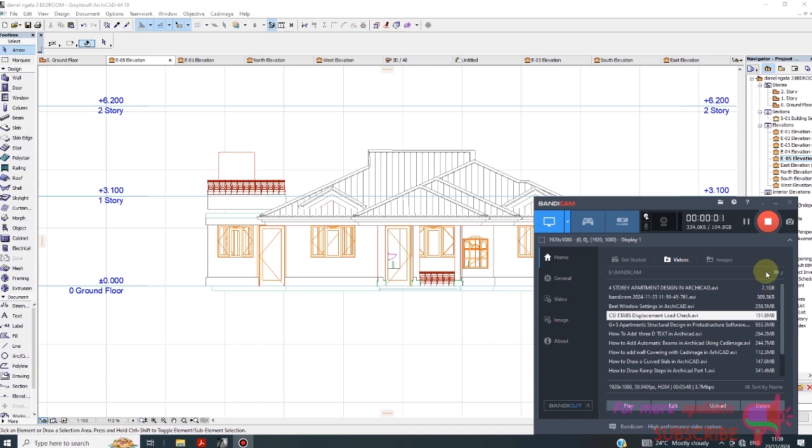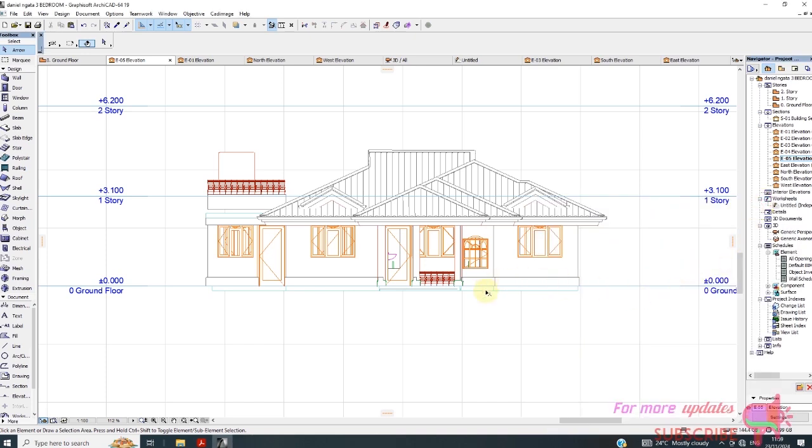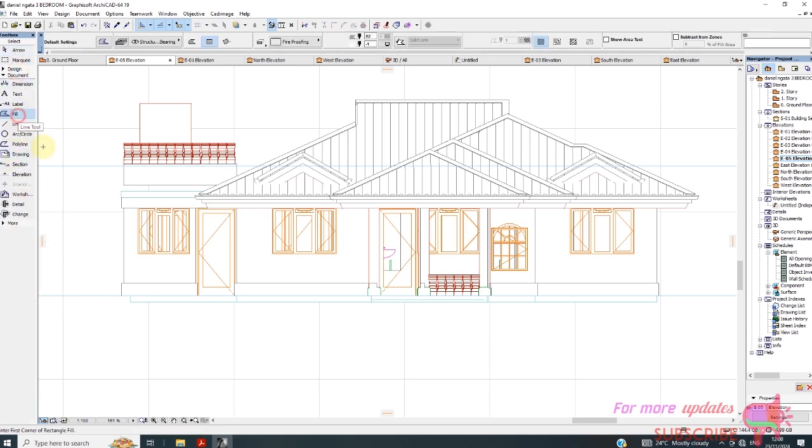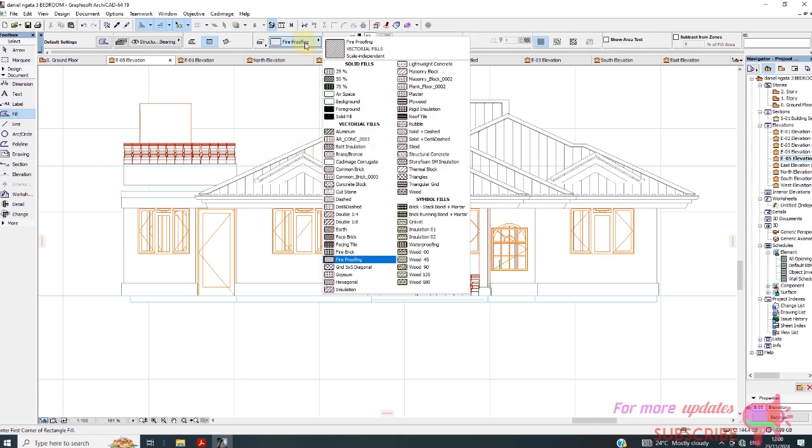How to use the fill tool in Archicad to modify and edit an elevation. So in this elevation, I will go to Design. You need to go to Document and then activate Fill. So I'll select Fill. I'll change this one to